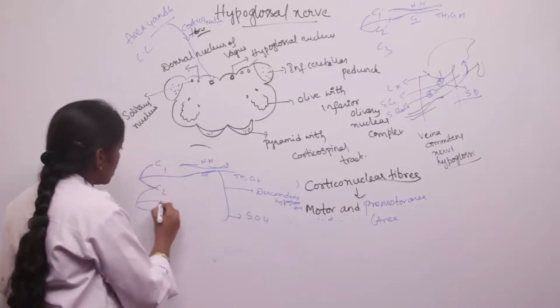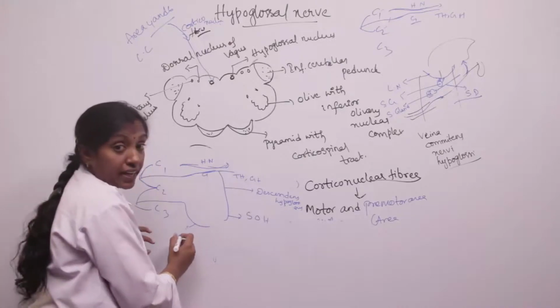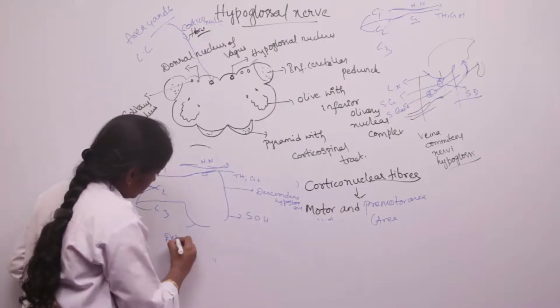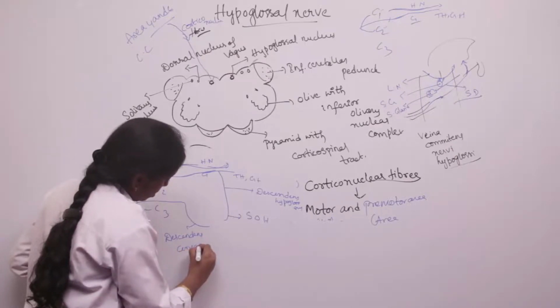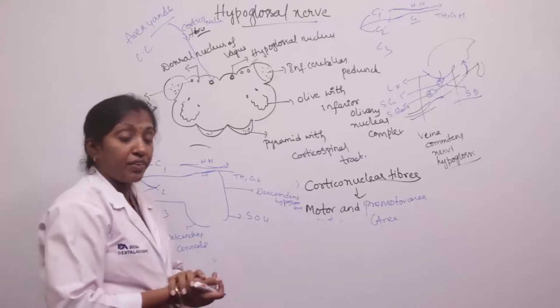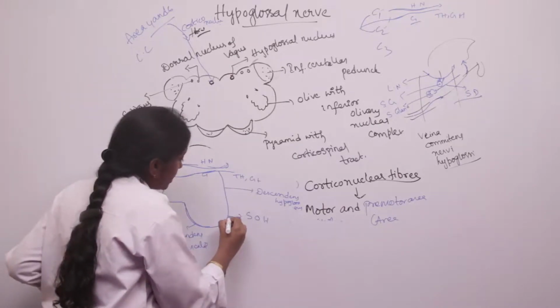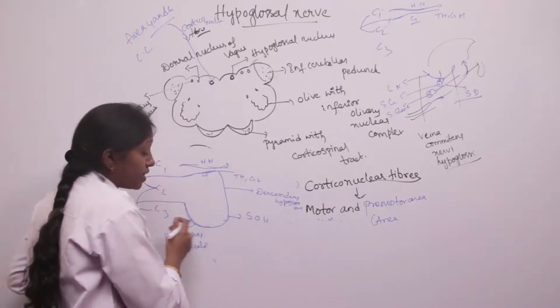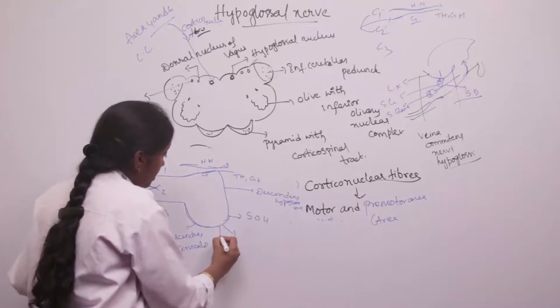And from the C2 and C3 loop, a descending branch comes here, we call it the descendens cervicalis. We have already discussed all these in ansa cervicalis during the anterior triangle of the neck, and here this descendens cervicalis joins with the descendens hypoglossi and forms the ansa cervicalis loop, which supplies the three muscles,